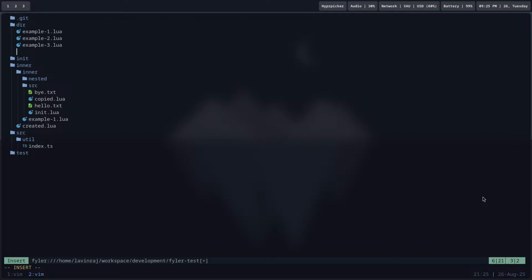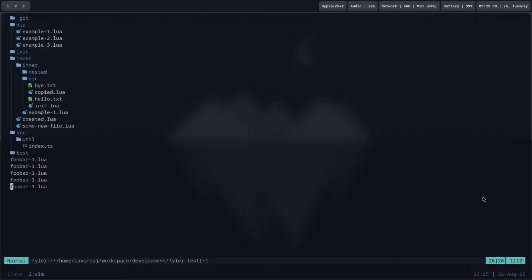Actually, you can edit this file tree like Oil.nvim, like a new file .lua, and if you save this, it will place this file at the correct position. And let's say if you grab this file from here and paste it over here, it's teleported from the source directory to the destination directory. And you can do multiple things like init.lua, or maybe